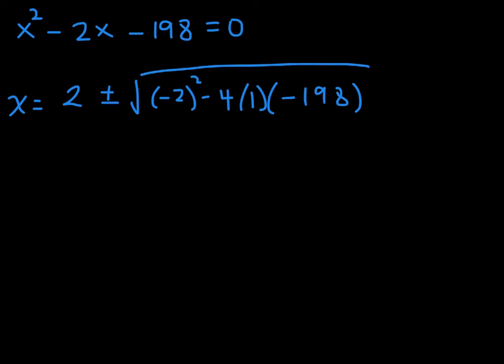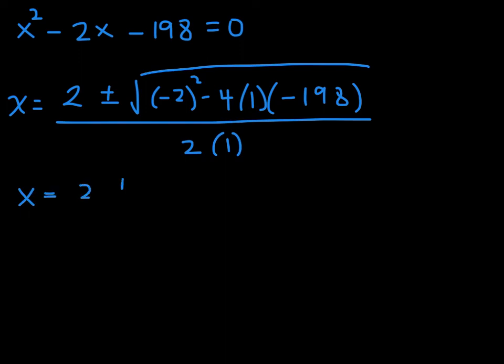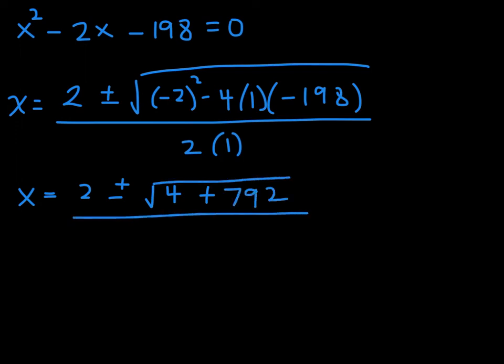Square root of all that over 2 times a. So then x is equal to 2 plus or minus the square root of 4 plus 198 times 4. Let's see, what is that going to be? All right, it is 792. Got it. And then everything over 2. So continuing to simplify, I get 2 plus or minus the square root of 796, and then all of this